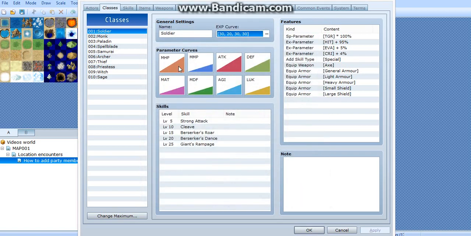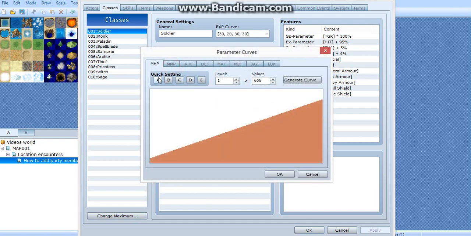Okay, you then have the parameter curves. Now these are all the basic stats of the people using this class. Now if you were using, say, a soldier, they're designed to be able to take a lot of hits and just do melee damage. So you'd have quite a high melee attack. So if we look at his attack, it's reasonably high, and he's got high health,